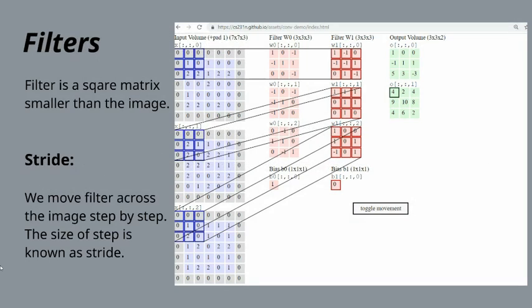Okay. Yeah, as you can see, here are the filters. With the mouse, yeah. So this is kind of a patch. It moves through the image and builds a final result as a filter. And the movement of the patch: we move the filters across the image step by step. When we move it step by step, the size of each step is known as stride. Let me show you an example